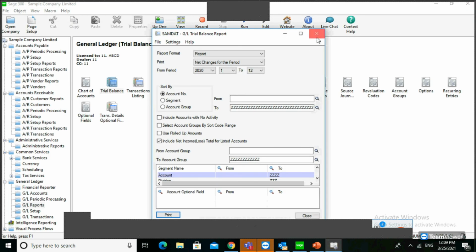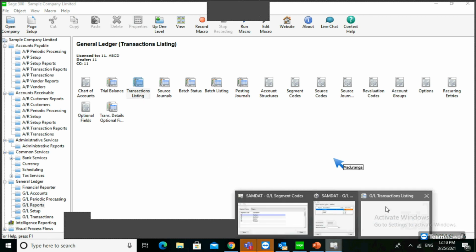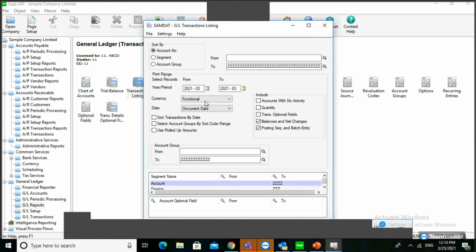Also, there is another important report we use, the transaction listing report. This shows all the transactions posted in a particular account. You can also get it from functional and source if you want a particular account.